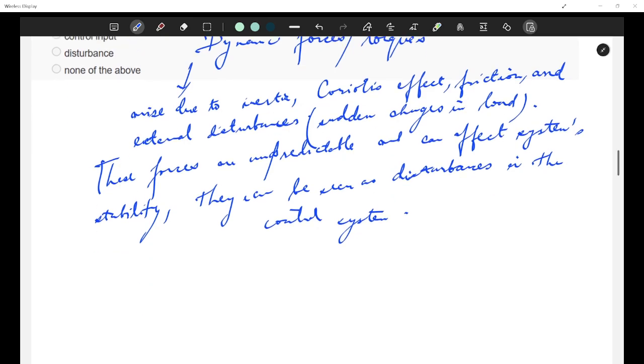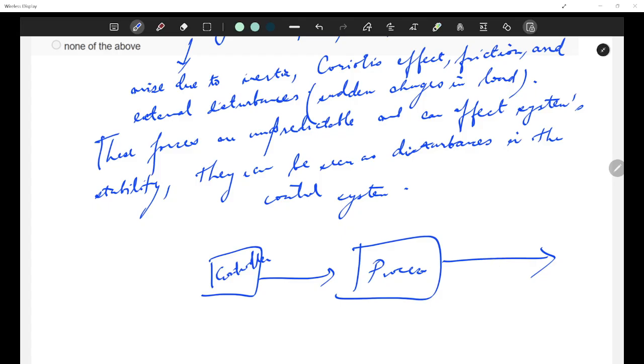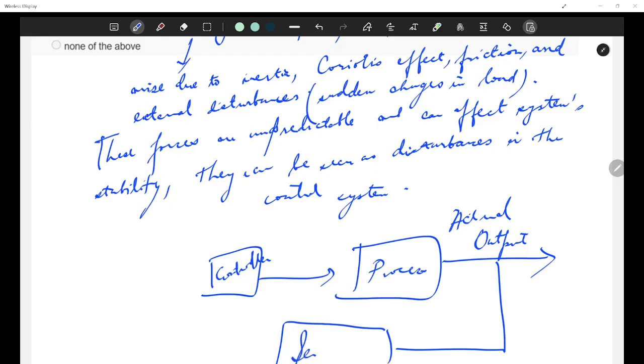So if you remember, you have a controller present over here, and then you have the process here. Process could be any plant, your robot, anything. You have some output, we name it the actual output. Then you have this being sensed through a sensor.